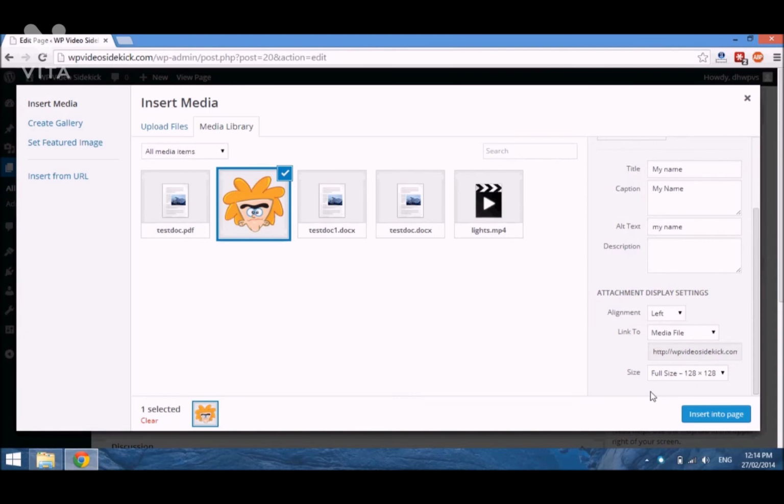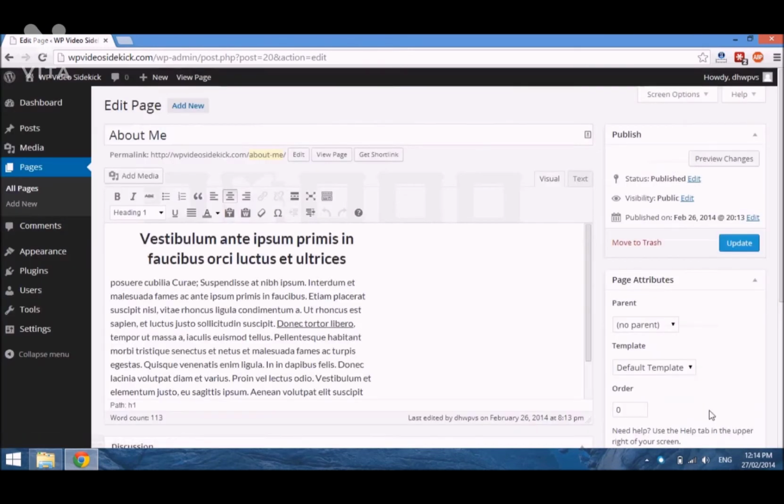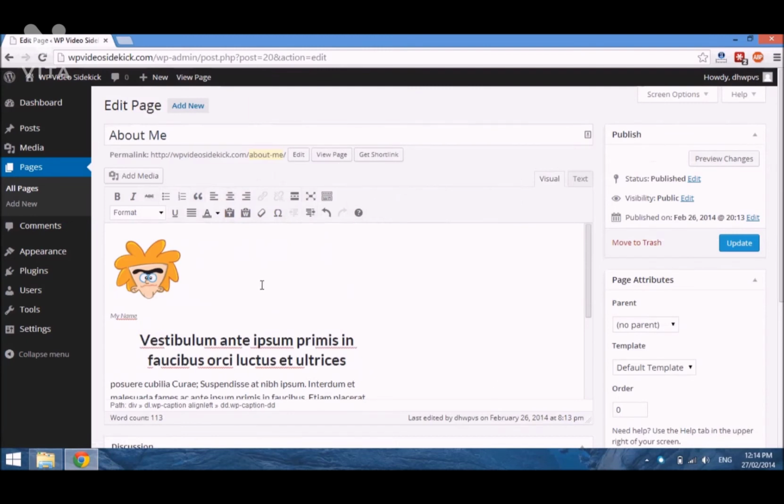Right, because the image that I uploaded is so small, it's the only size that you see here. But what WordPress does is, if you upload a large image, it will automatically create a couple of different sizes depending on how large your image is. And what you would have been able to do is select the particular size from this drop down list. But because, like I said, this image is so small, it's the only one that I have available. So I can just select Insert into Page, and